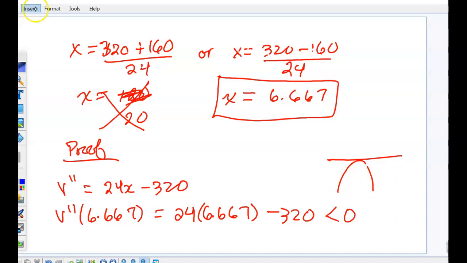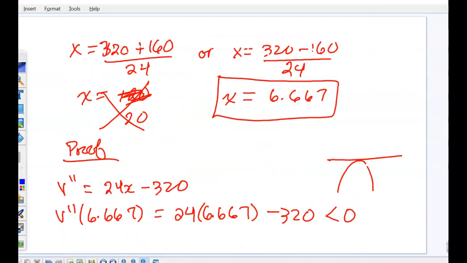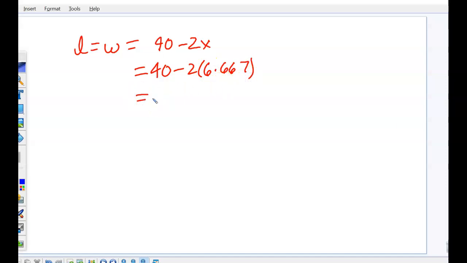So therefore, I can now answer the question, and the question was asking me to find the dimensions that will maximize the volume. So I know what the height is, and to figure out the length, which equals the width, it is going to be 40 minus 2x. So 40 minus 2 times 6.667. This works out to be